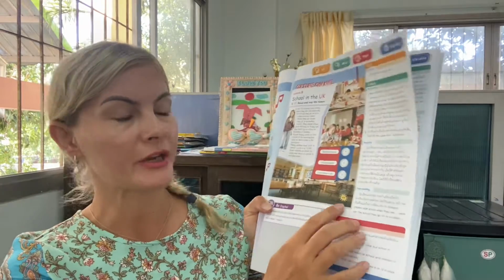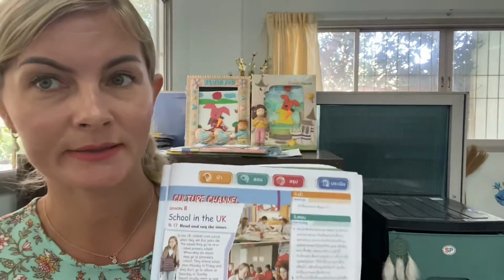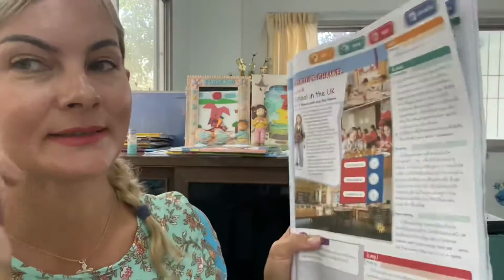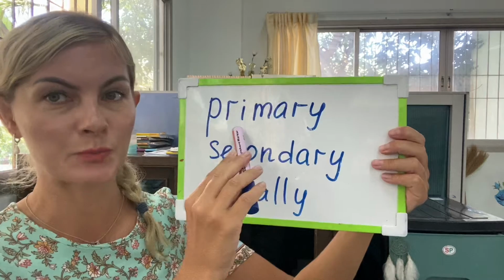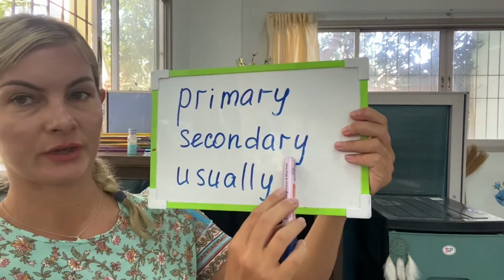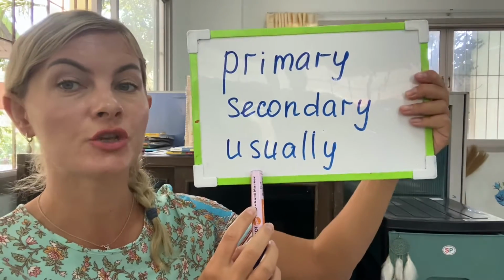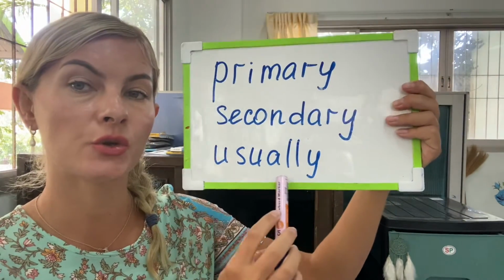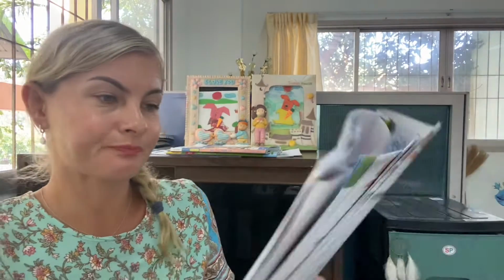We have to learn this text about school in the UK. So page number 49. Let's read this text together, and after you can do some exercises about this text to answer some questions, okay? So listen and repeat. Before we start, let's read some new words. How to read this? So this is primary school, and there is also secondary school. And this word we read like "usually." Usually it means normally, like every day, it's normal for me.